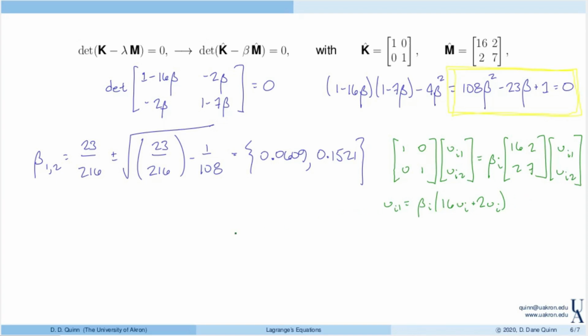So now u_i2 is (1 minus 16 beta) divided by 2 beta times u_i1, where u_i1 is arbitrary. In particular, if we choose u_i1 to be equal to 1, then we can solve for u_i2. Doing so and finding the final solution,